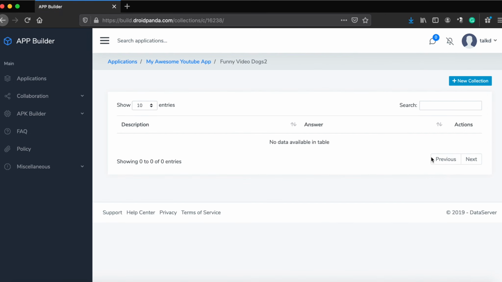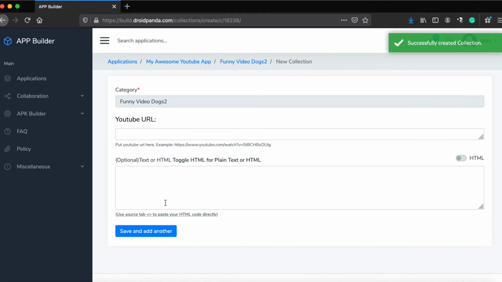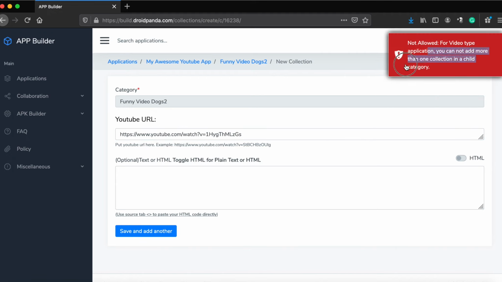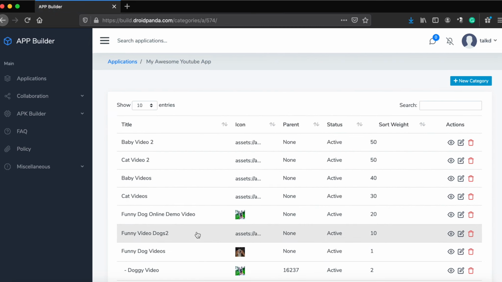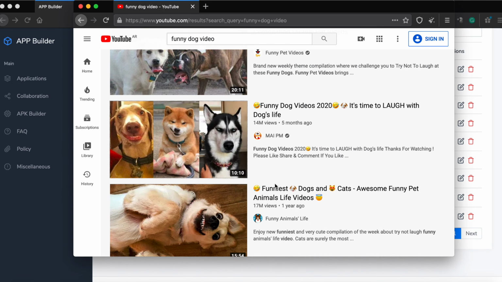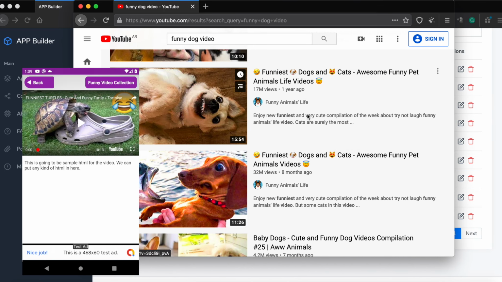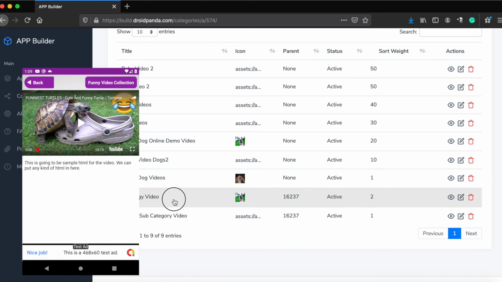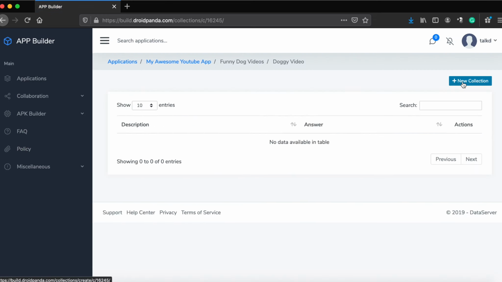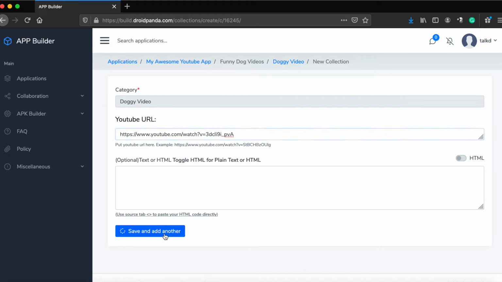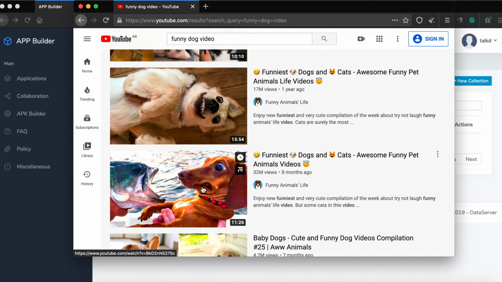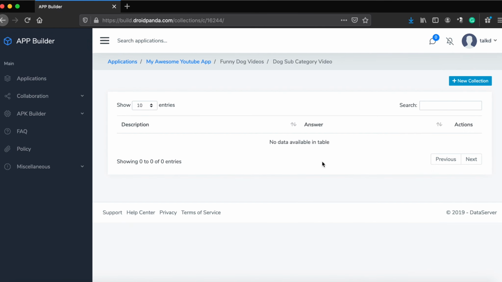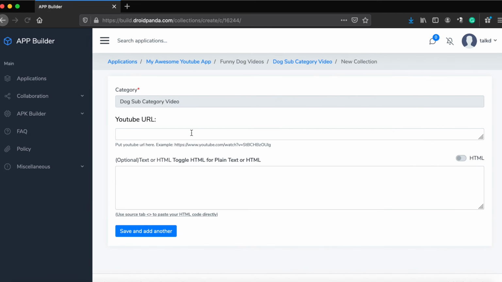When adding new collection, give YouTube video link. Besides YouTube link you can put HTML as well, but in that case the app will look something like this when user tries to see the video. But you have to be careful with this format, because Google does not allow AdMob ad when showing only YouTube video. That means you can monetize your content, but you cannot monetize YouTube video. So in this case, if your content has greater value, only then put HTML with YouTube video.